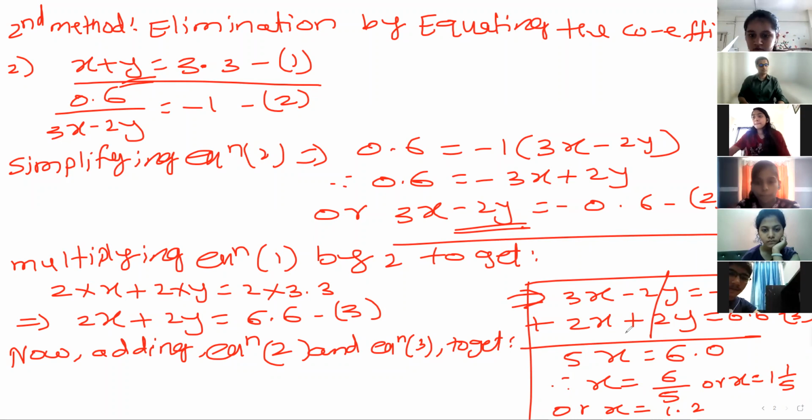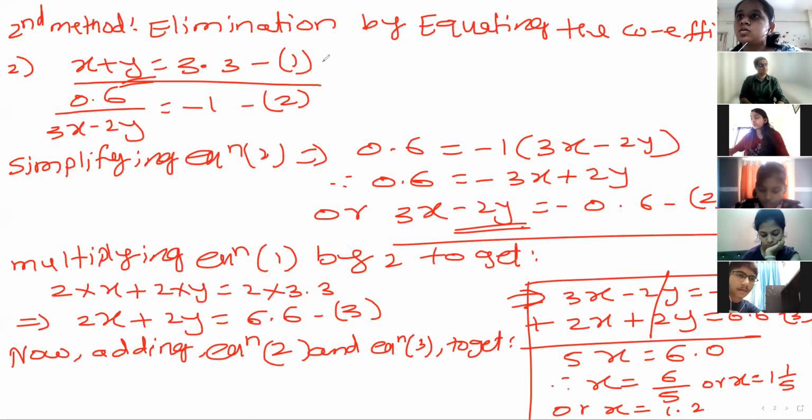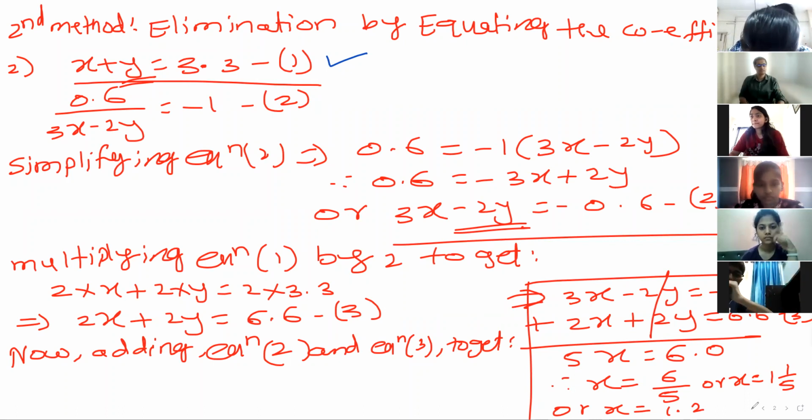So, written till here? Shall I go to the next page? Yes, sir. Okay, now write. Tell me which will be easier, using equation 1 or 2? Sir, 1. Yeah, 1 is easier. It has no coefficient, meaning the coefficient is 1, right? So 1 is easier.